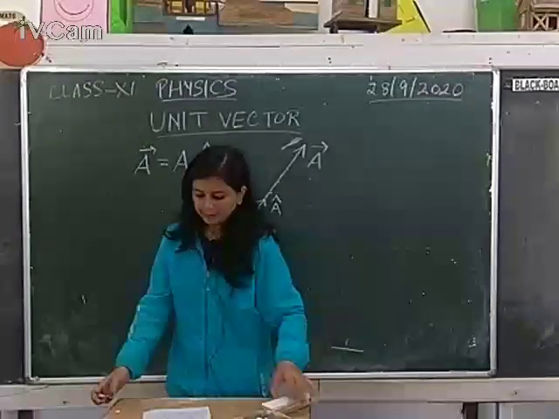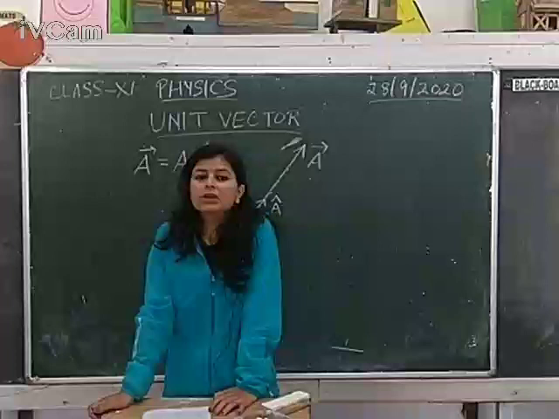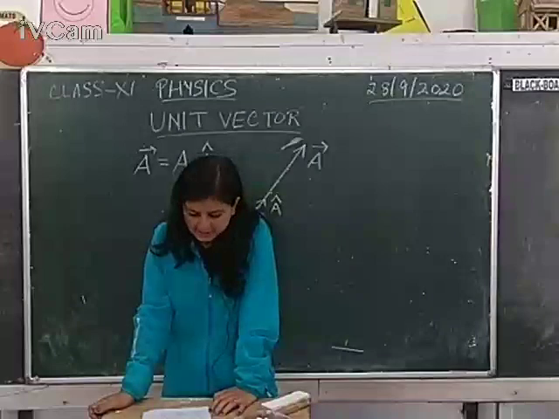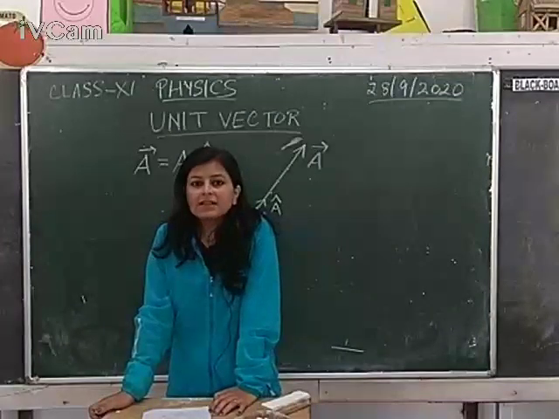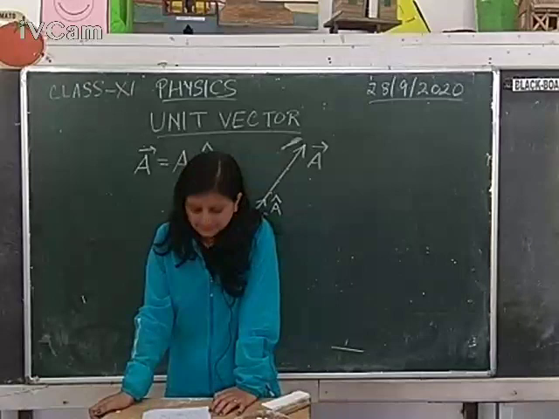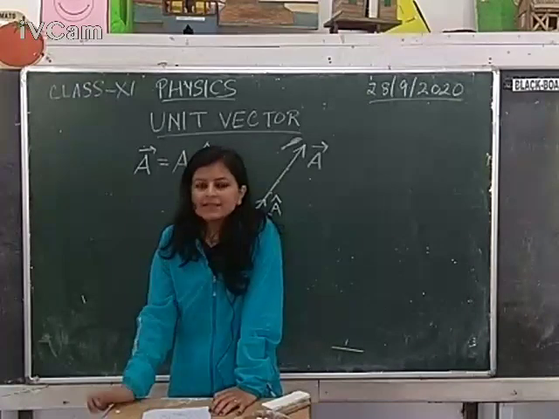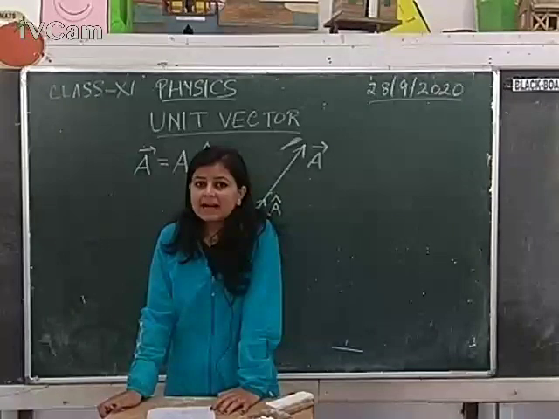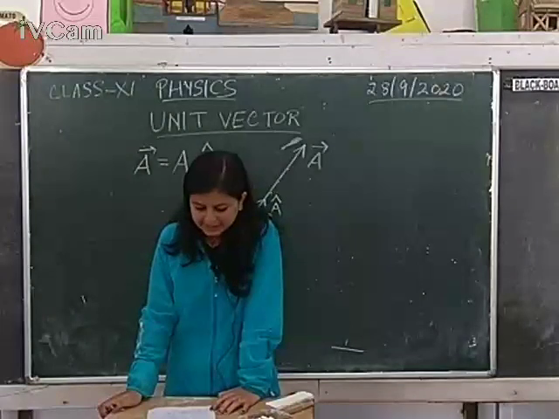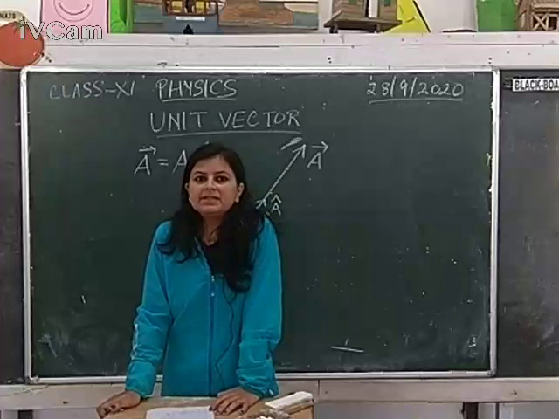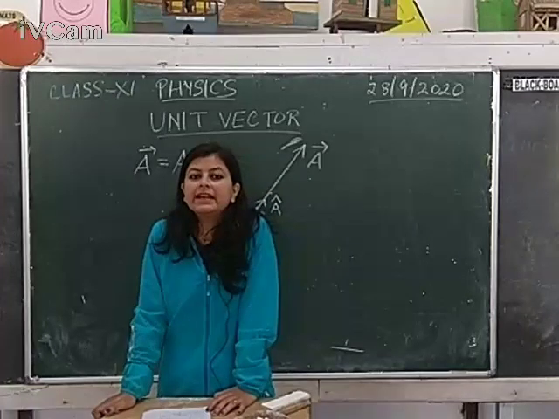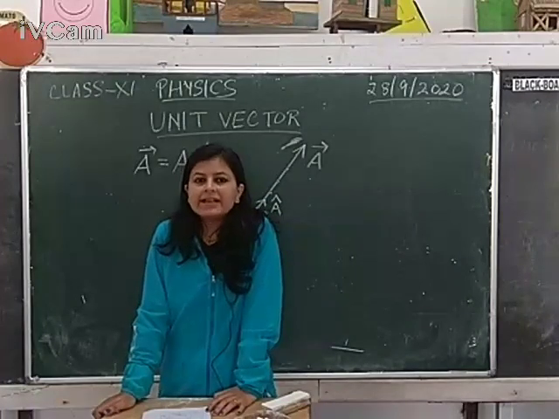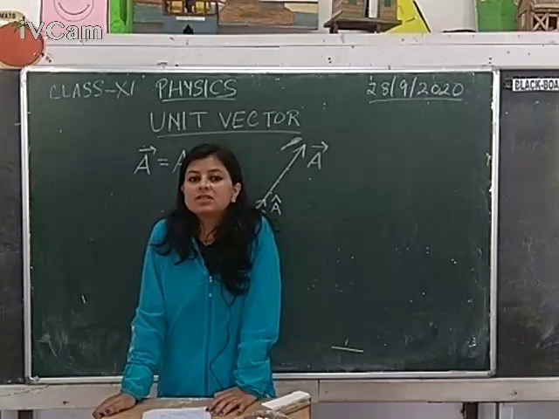And a very important thing here, you should be knowing what are orthogonal unit vectors. Orthogonal unit vectors are the unit vectors along the x-axis, y-axis and z-axis of the right-handed Cartesian coordinate system. That means Cartesian coordinate system means the system containing x, y and z plane. Okay, right-handed means we are just taking the positive side of it.